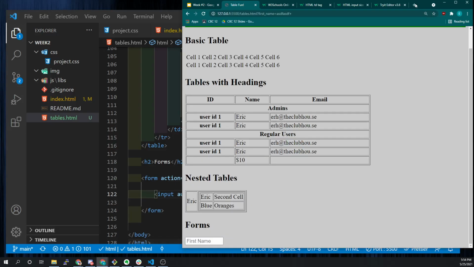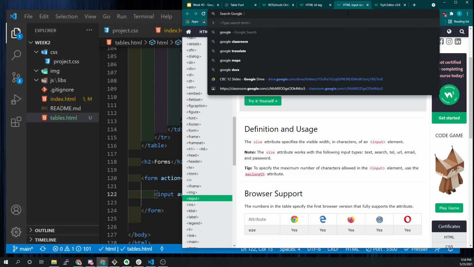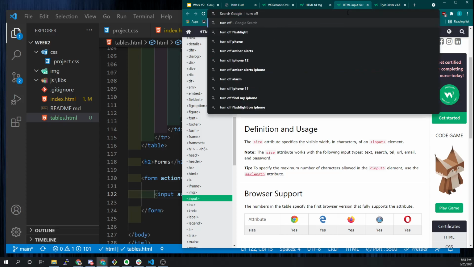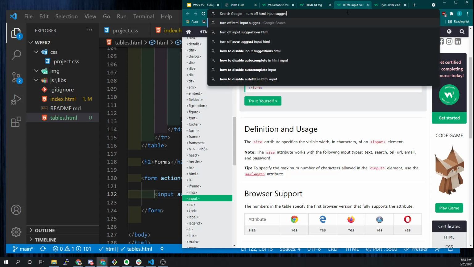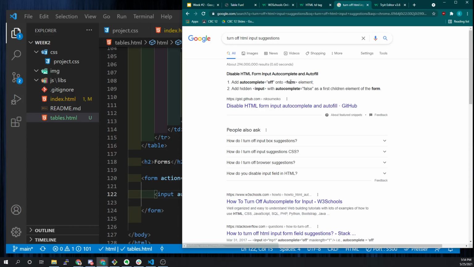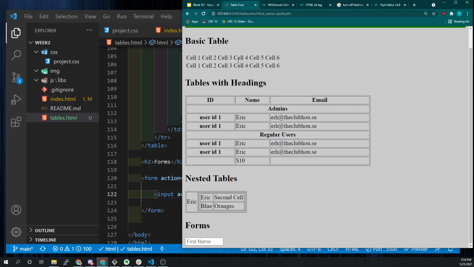Let's look this up, right? This little suggestion box is really annoying, and we want to make it go away. So what would we search for to make this turn off? HTML input suggestions, right? Yeah, so we say autocomplete off. That was what we didn't do right. So if we mark this autocomplete off, when we're on this page, now it's not popping up that little box of nonsense,